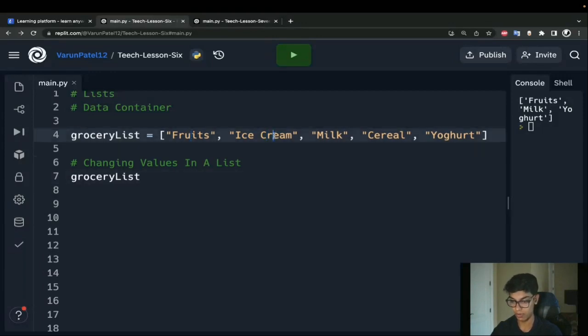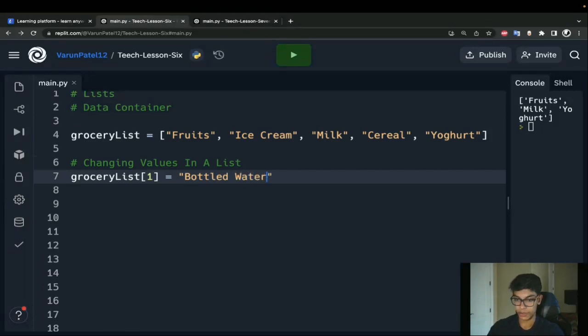So 0, 1. So I'm going to say, hey, Python, take that grocery list, take the item at the index of 1, this right here, and then make it bottled water. So pretty straightforward. It's literally just taking that space in that list, the space that has an index of 1, and you're going to make it bottled water now.